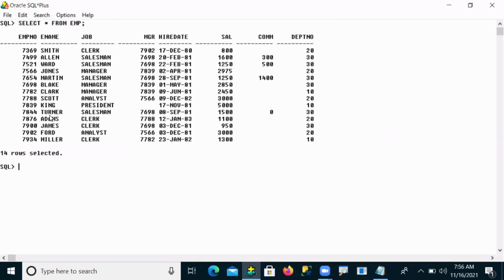Carefully observe. From this table, whichever employee number the user enters, based on that employee number you have to retrieve that person's name and salary details.